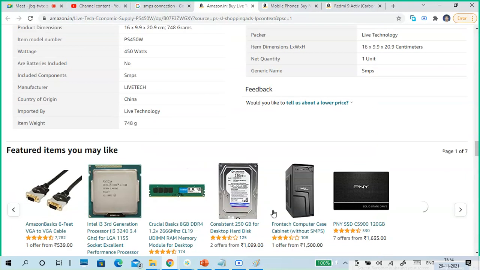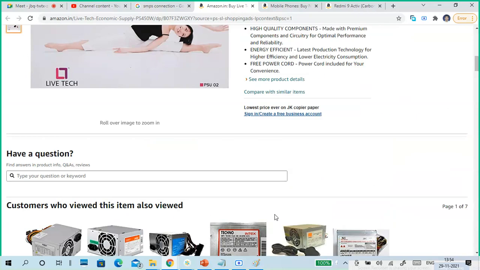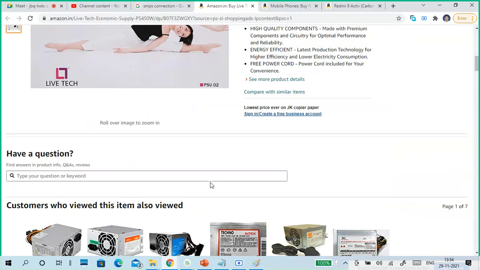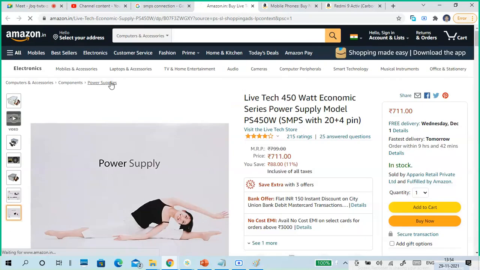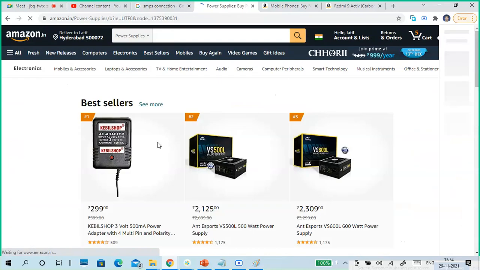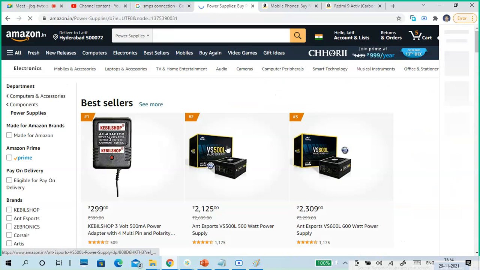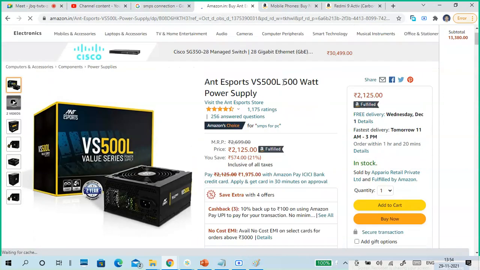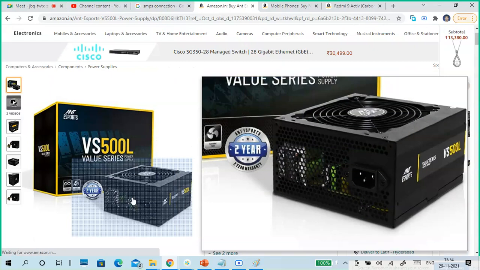If you want to build a game station, you need more power supply, because a lot of components are there. Or maybe you have to increase the standard of power supply. Just I click on the power supply. See, this one, Ant Esports, it is 500 watts.